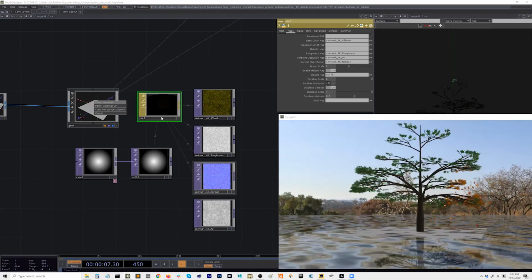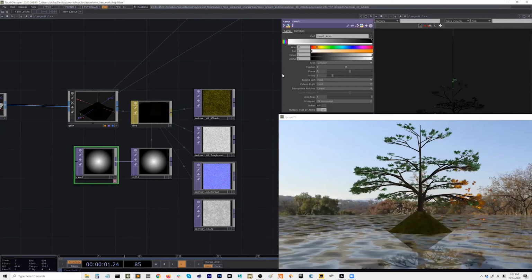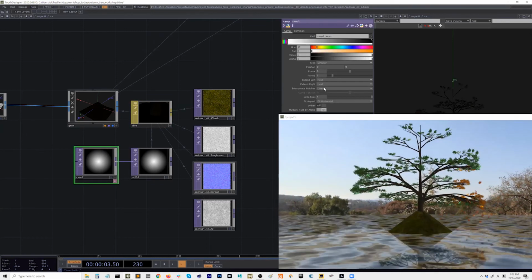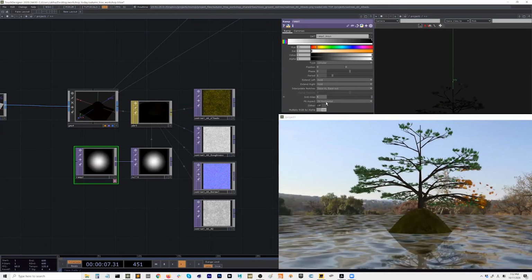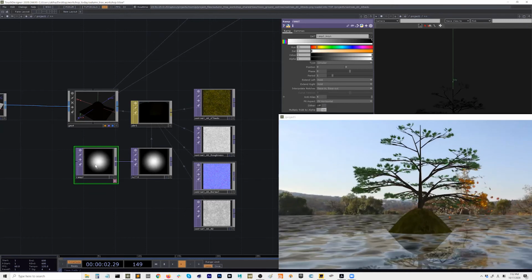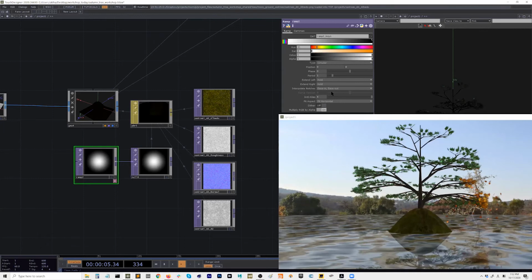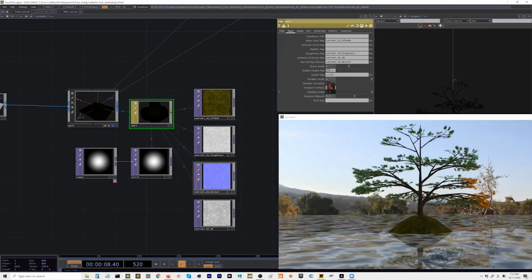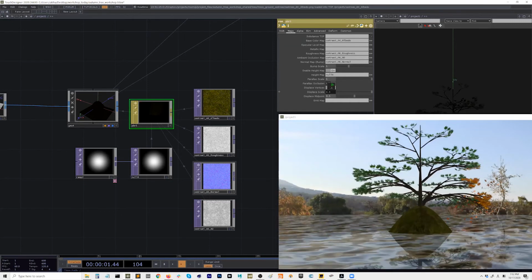Here. Ah, there it is. So it's pretty funny. Ramp is linear, so maybe change to ease in. It's fine. But basically, the whiter it is, the more it gets displaced. So you can always quickly make a little terrain with this technique.